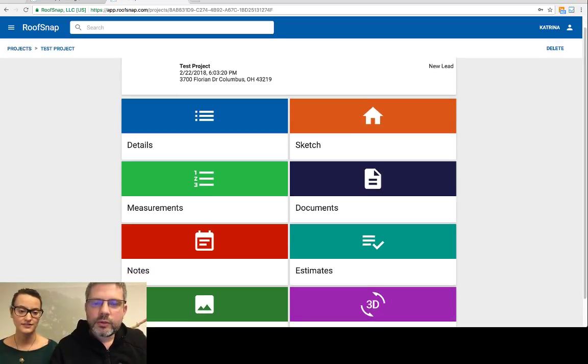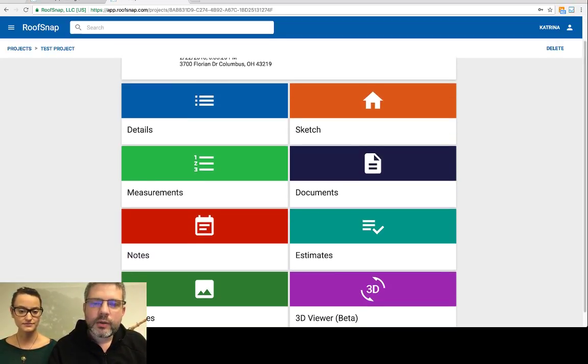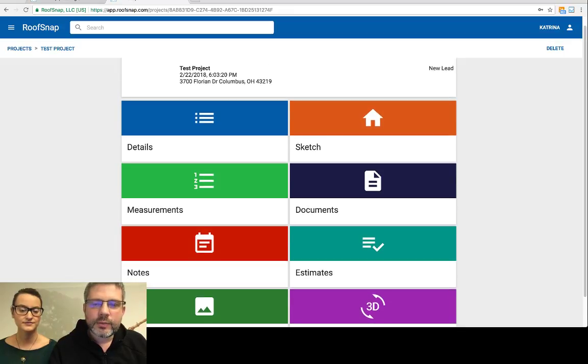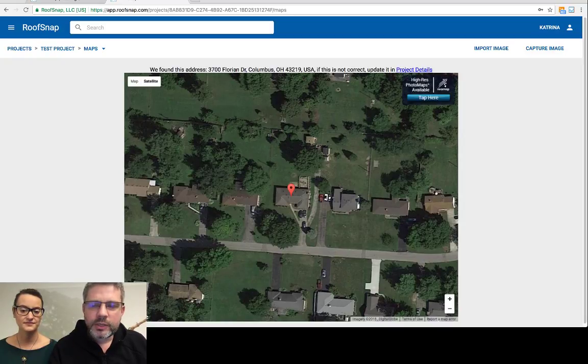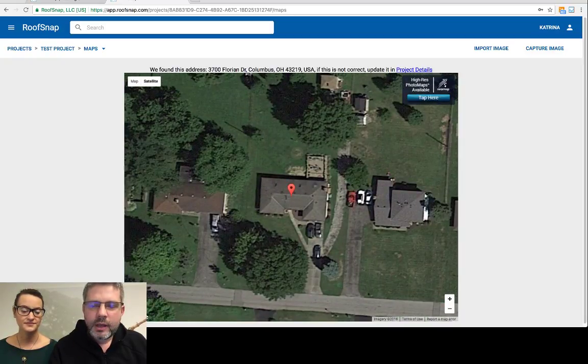Some of this will look familiar to our Android users and even our iOS users. These are all the different tabs that we have for the project, and I'm going to go right into the sketch screen. The first thing we need to do once we come into the sketch screen is zoom in. And if we're not super excited about the Google image, which for this one actually isn't that bad,